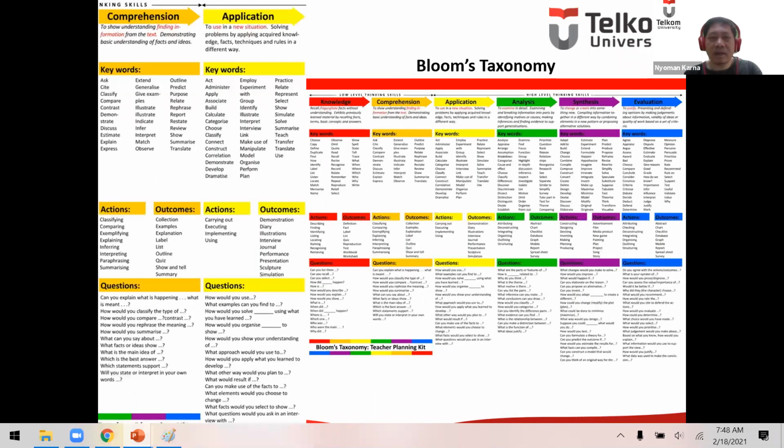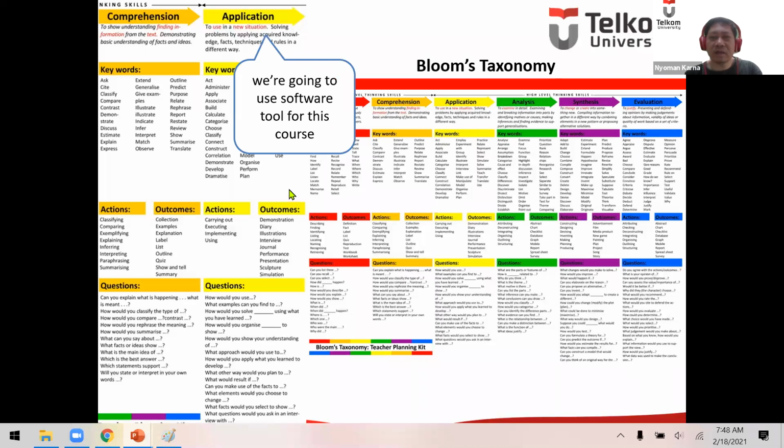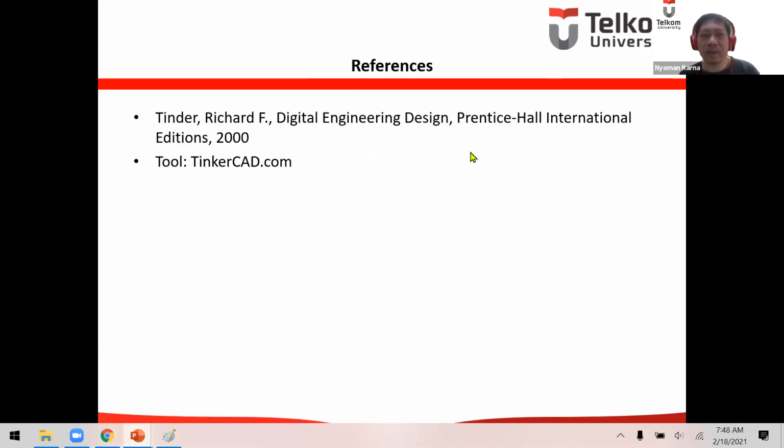And for the course, we're going to use application. So we have the C3 from the Bloom taxonomy, level 3, because we're going to use a software tool for this course. The software tool is tinkercad.com.